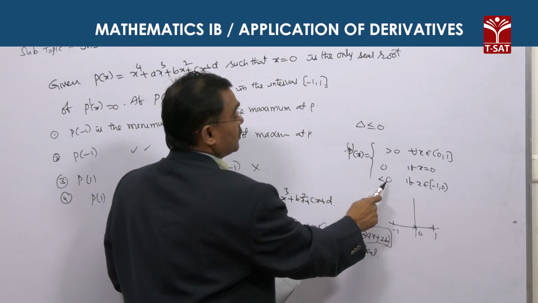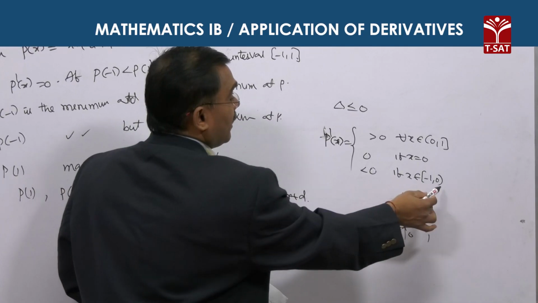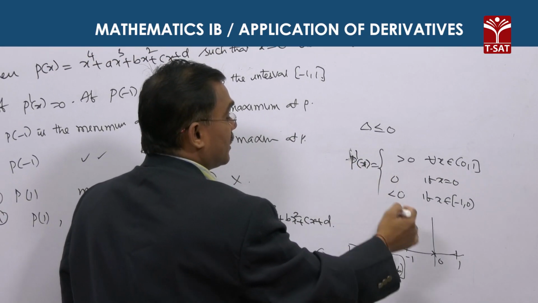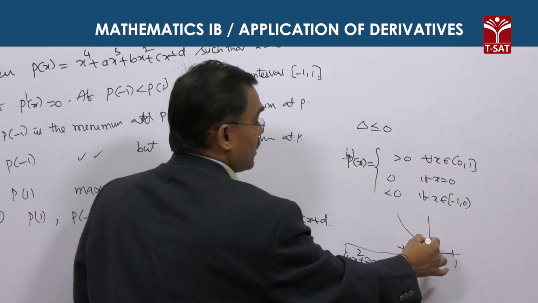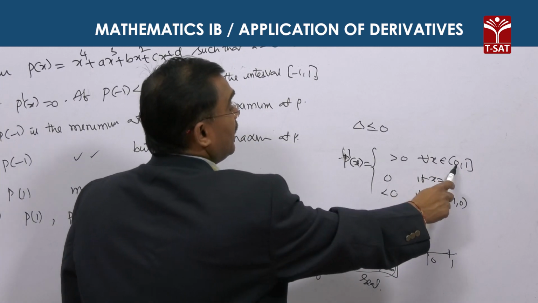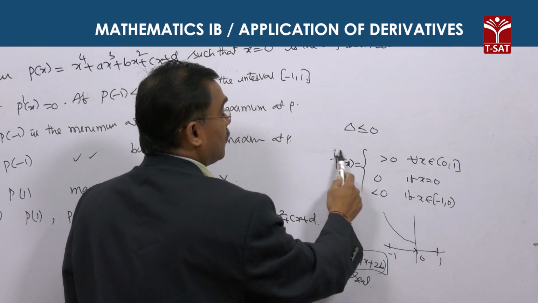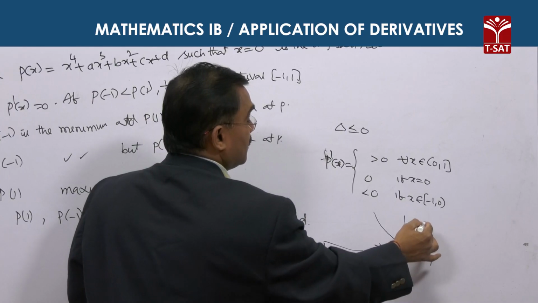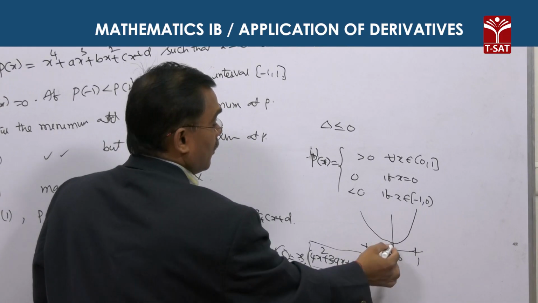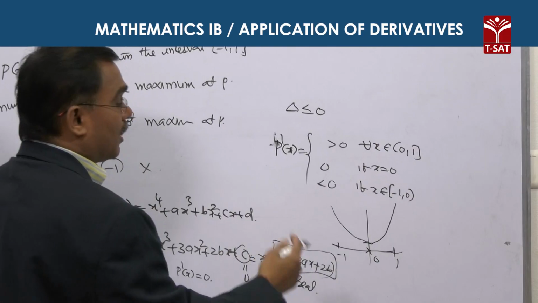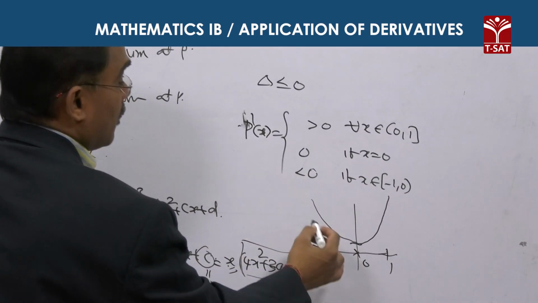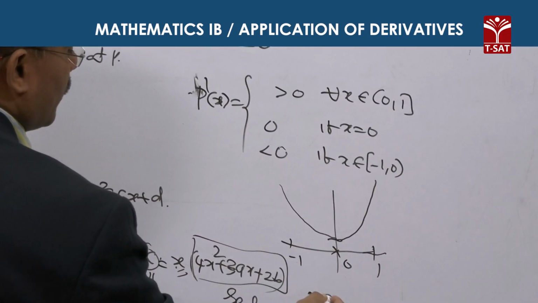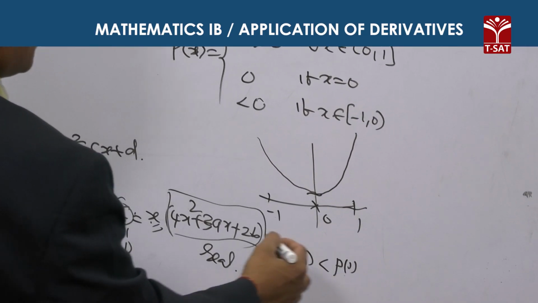You observe P dash x is negative in the interval minus 1 to 0, so P is a decreasing function there, and in the interval 0 to 1, P dash x is positive, which means P is an increasing function. Therefore, at 0 the function has a local minimum. Also, given that P of minus 1 is less than P of 1,